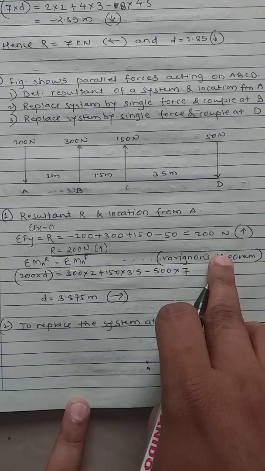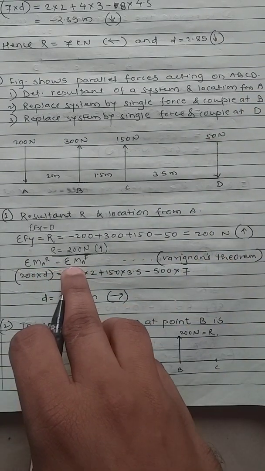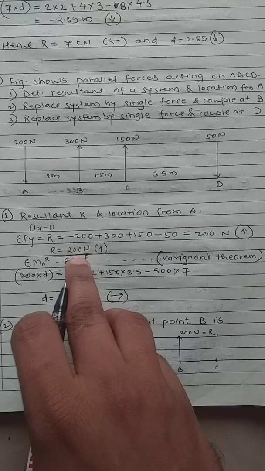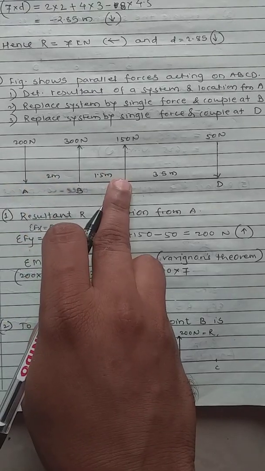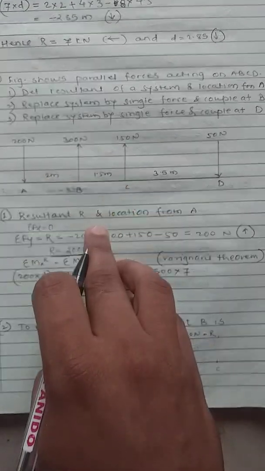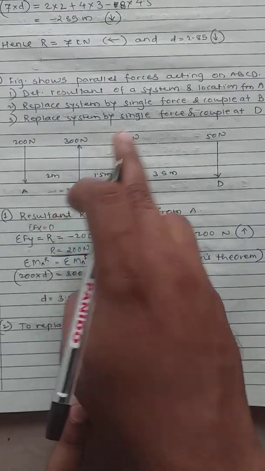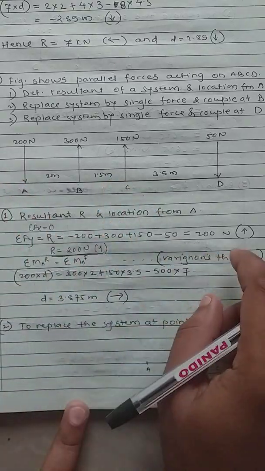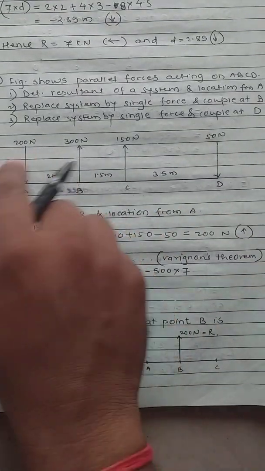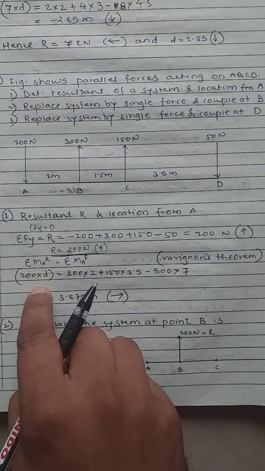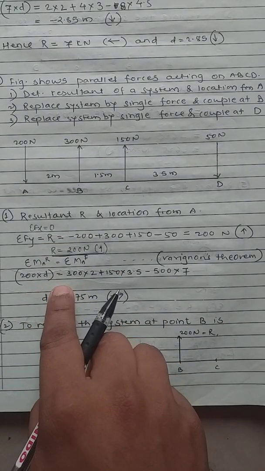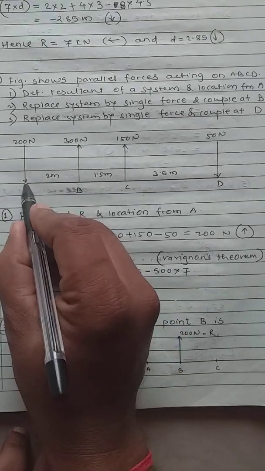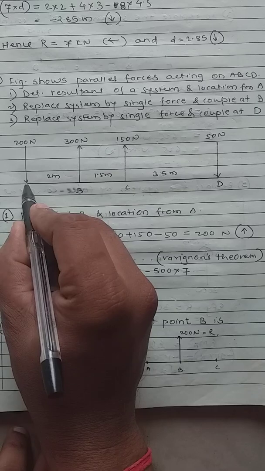Simple. Now find the resultant and its location with respect to point A. By Varignon's principle, the moment of the resultant at point A will be equal to the summation of moments of all the individual forces at the same point. We have considered the resultant to the right of A, acting in the upward direction. By Varignon's principle, we consider the perpendicular distance as D, so 200 into D. Here we have considered anti-clockwise as positive. It doesn't matter, you can consider any sign convention.